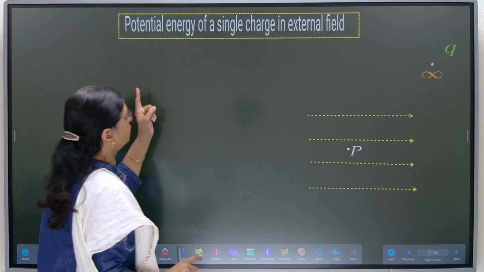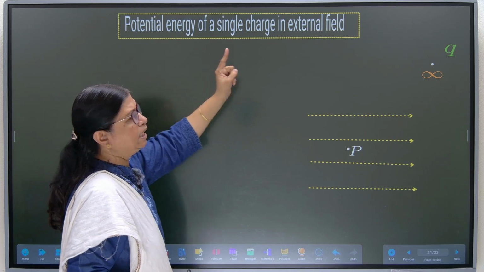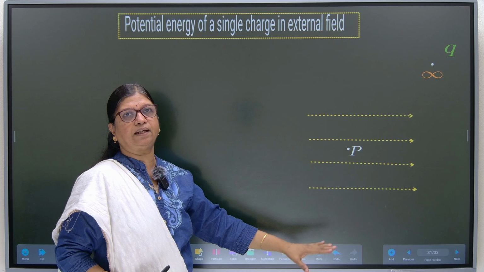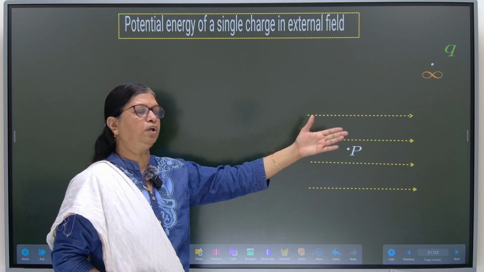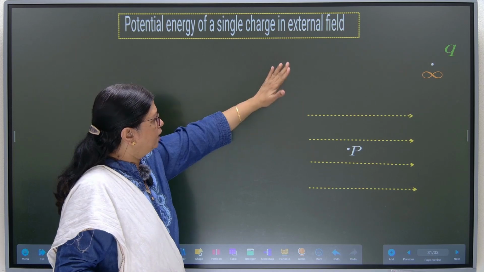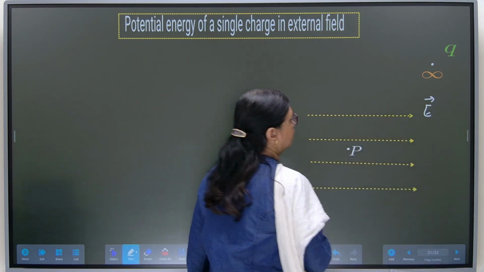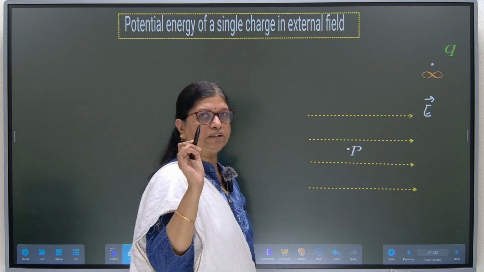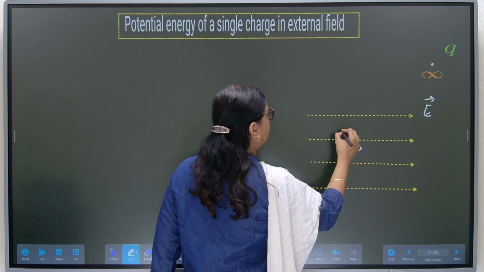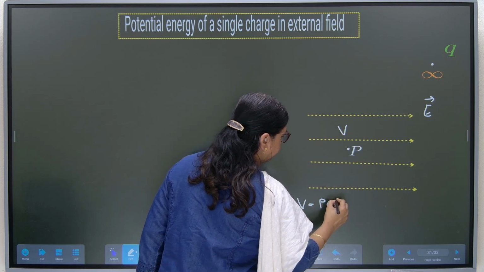So as usual, let us go to the topic. Page number 1, potential energy of a single charge in external field. Okay, so here you can see a diagram. This diagram is not there in the textbook. I have drawn it just for your convenience to understand. Okay, so this is the external electric field E. Okay, and in that I have considered a point P. At the point P, there is a potential V. So V is a potential